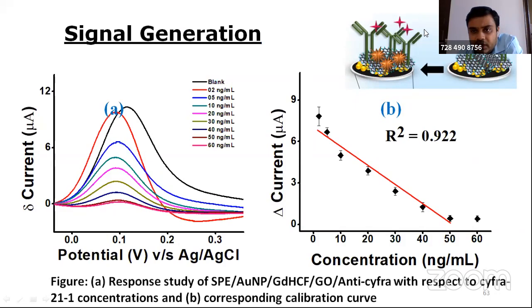So I've kept this diagram here. Until the green one, you are getting a black curve, but when you are increasing the CIFRA 21 molecule here, this complexation is increasing the insulation. There is a drop in the signal, the current one. So this is one of the examples of the self-reporting sensor based on electrochemically active nanostructures.